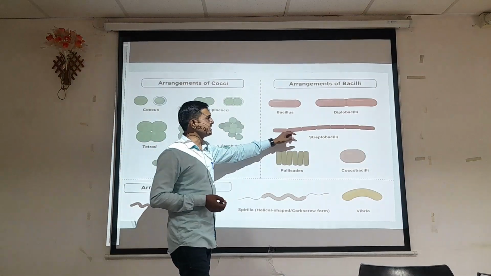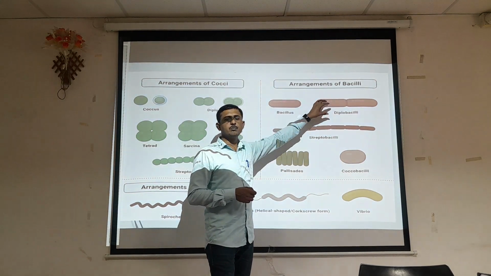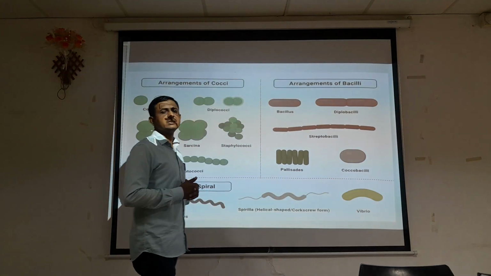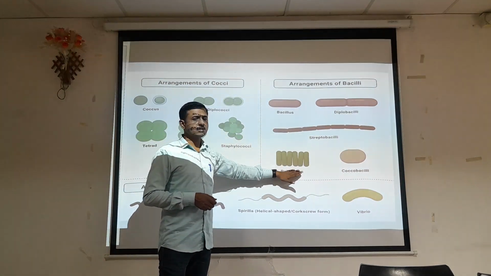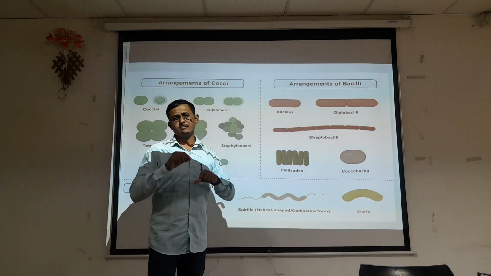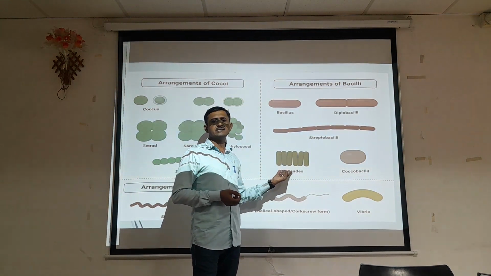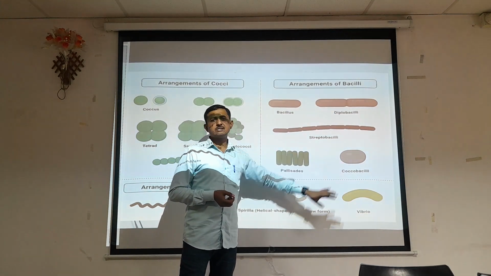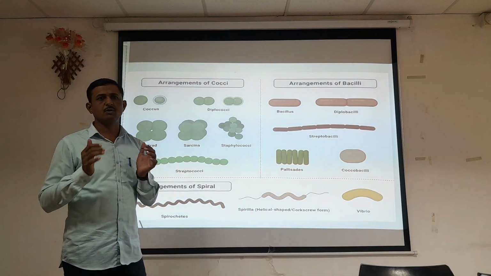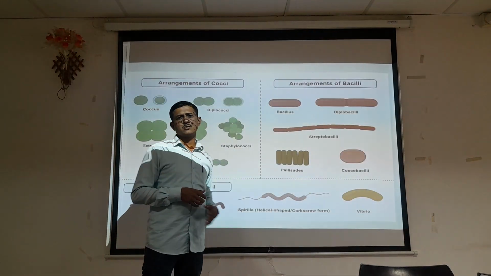In case of bacilli, you can observe a single bacillus, a singular arrangement or single rods. When two bacilli are attached with one another, they are diplobacilli. If arranged in a chain, you can say streptobacilli. This type of arrangement you can also observe in plant cells, the palisade tissue, so they are considered a palisade type of arrangement of bacterial cells. Cocobacilli, if rods are along with cocci with some long type of structure, so they have an extended structure, they are called cocobacilli.